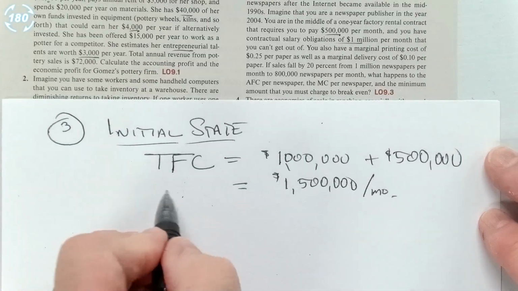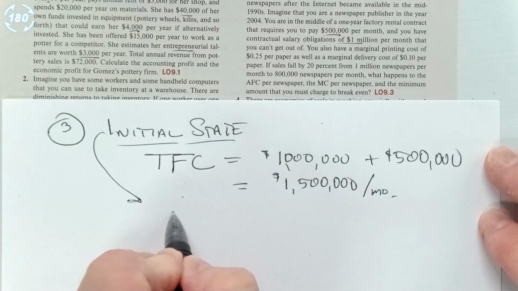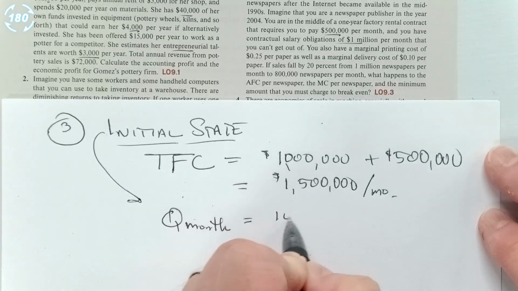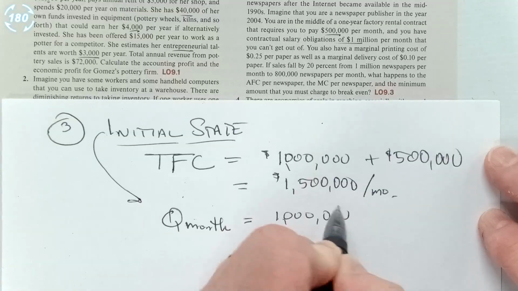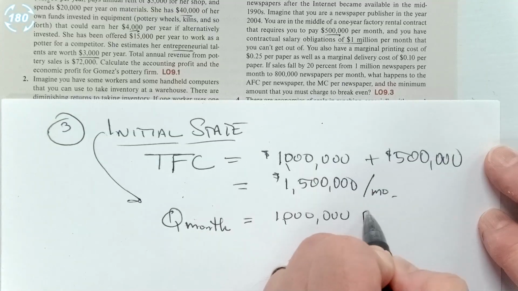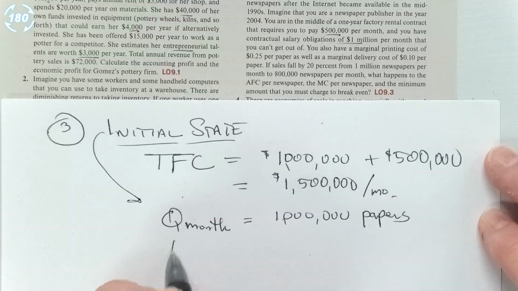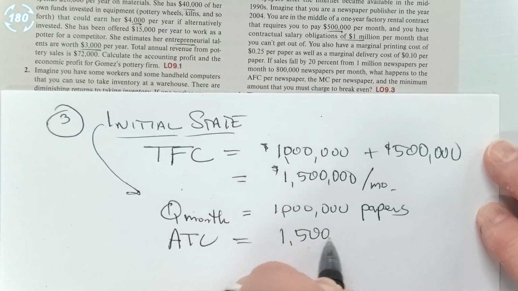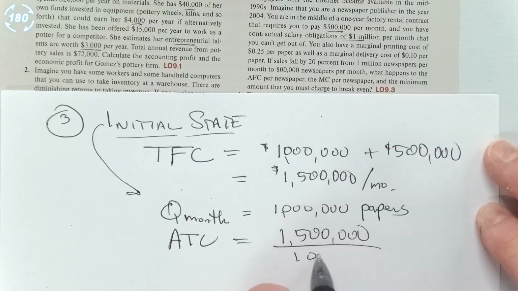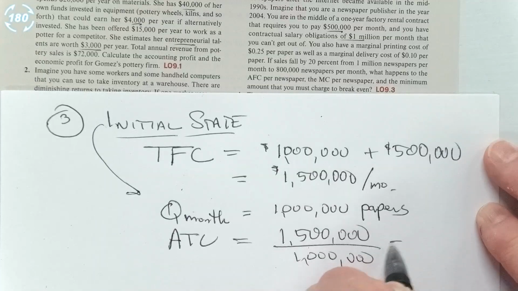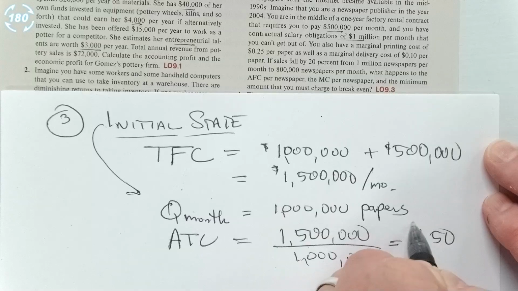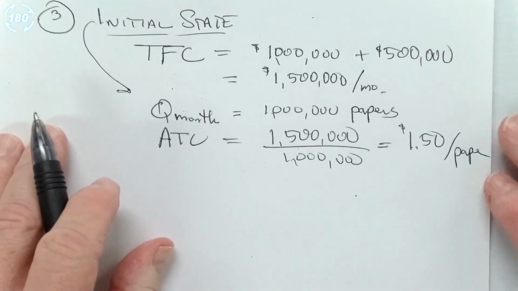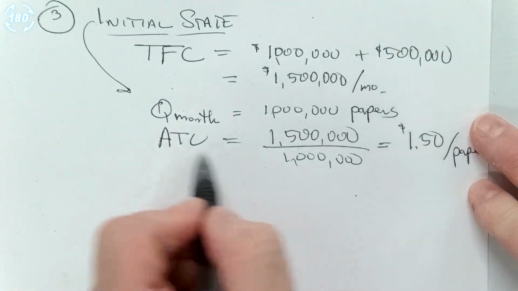In the initial state, the quantity we're selling per month is 1 million newspapers, right on the dot. So the average total cost is 1,500,000 over 1 million papers. That's straightforward enough, I think. So this is $1.50 per paper. Easy enough. Now, of course, they say that sales are going to drop off,